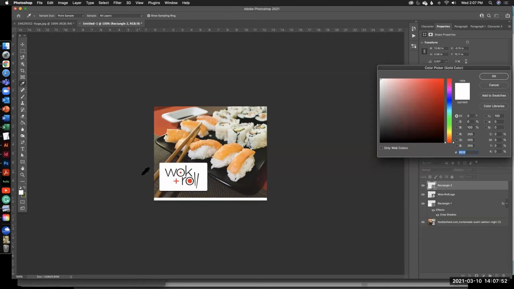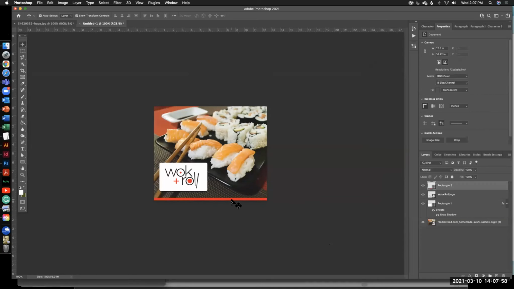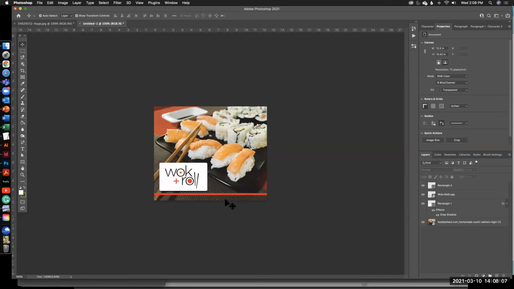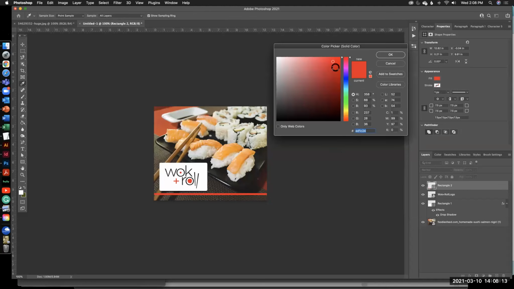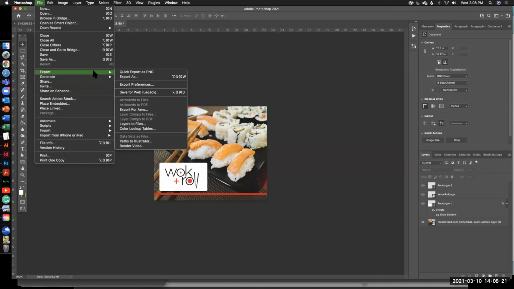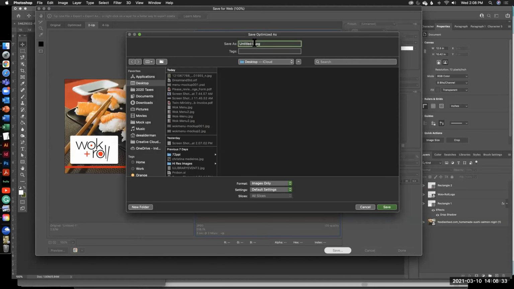Okay. Hmm. Not a big fan of that. That's not too bad, I guess. All right, so I'm going to do a file and I'm going to export, save for web legacy. It automatically is the size that we need. It's only a 3-second load time, which is fine because I did 72 DPI. And I'm just going to put walk